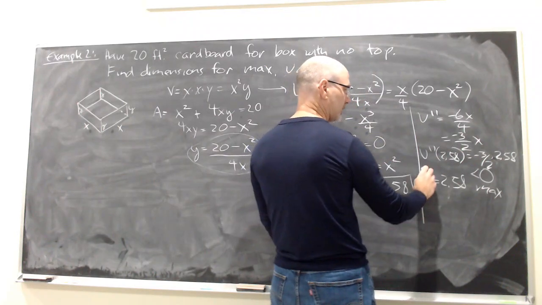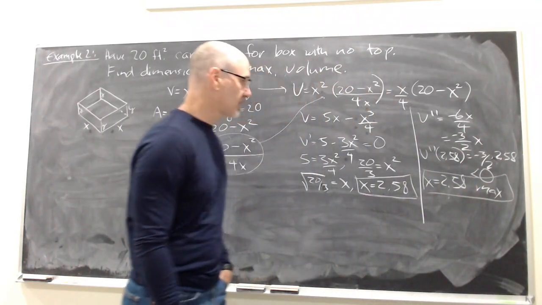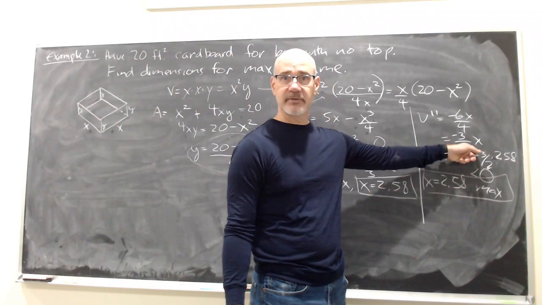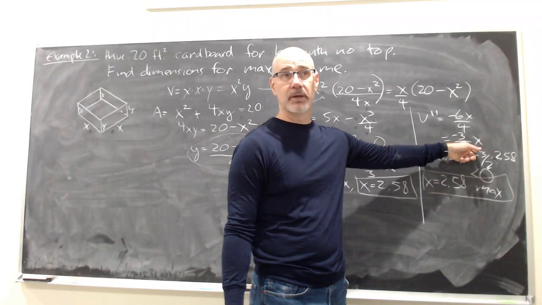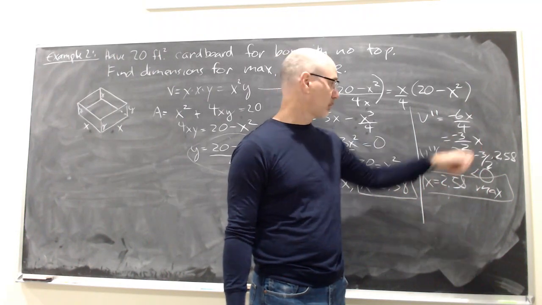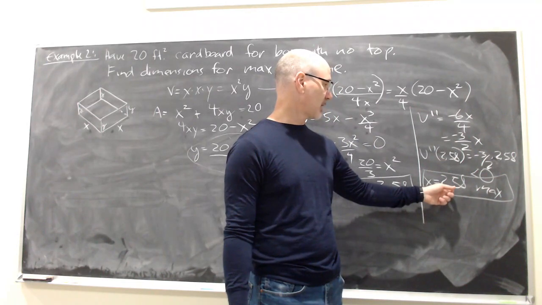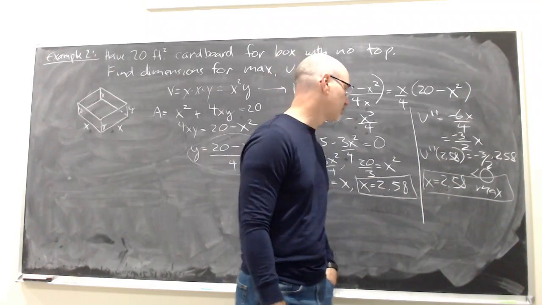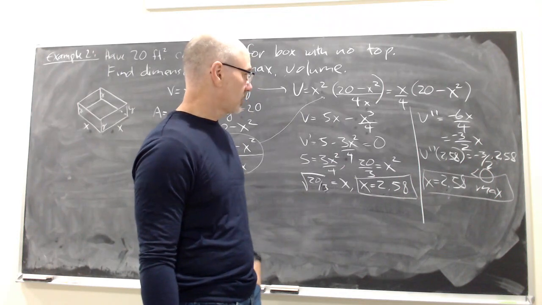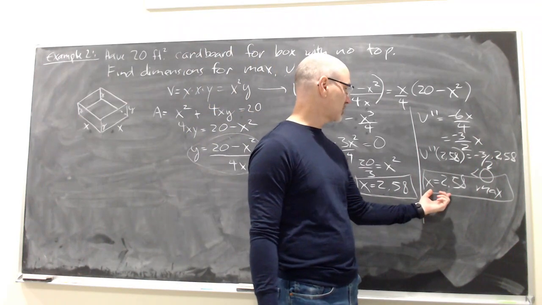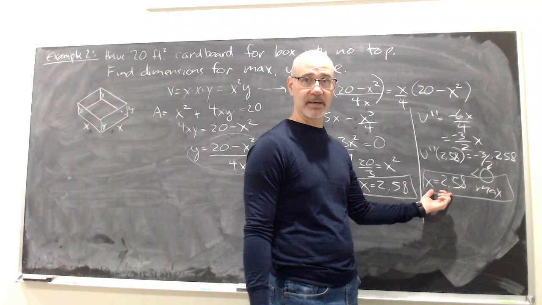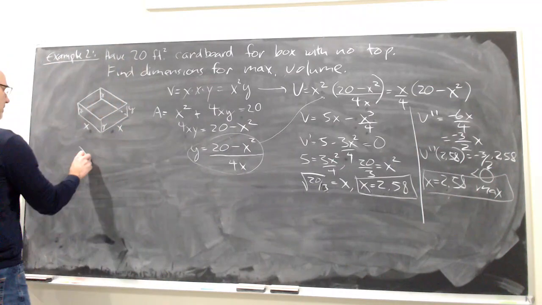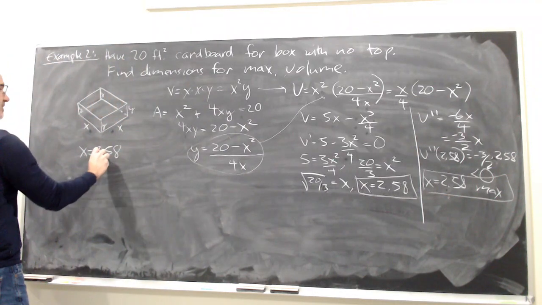Like in example 1, it's the only critical point, and it's a max, and the second derivative for any positive value of x is going to be negative. So the function's concave down everywhere, which means this relative max is also our absolute max, right? It's the only one, and the function is concave down everywhere. So the last thing to do is to get the dimensions of the box. So I need both the x and the y, and I need to give some context or units. Right? So if x is 2.58 feet,